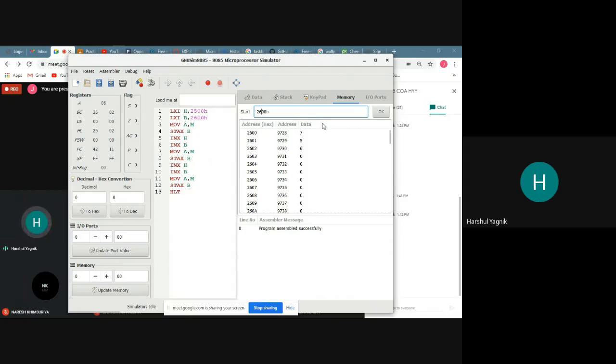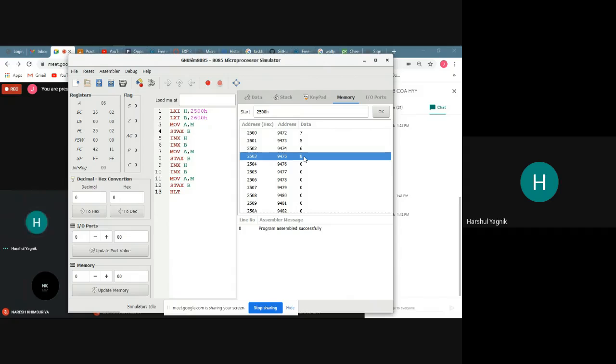Okay, this is an already run program. Go back to 2500. Okay, now 2504, 2503. Change the data. Now 4 data to change.